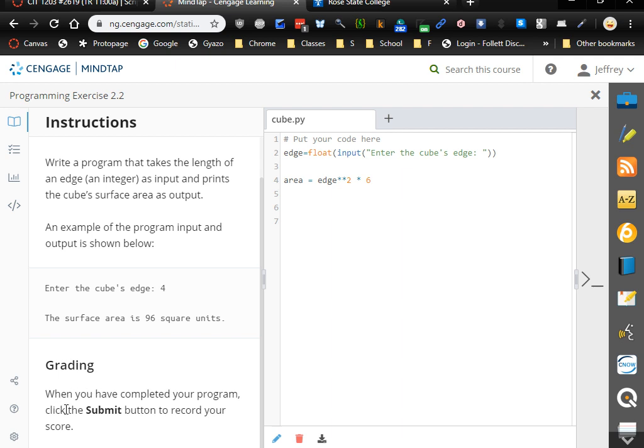So grading, when you've completed your program, click the Submit button to record your score. Well, I haven't printed the result out yet, and here's how they want my result to look. So again, I'm going to do some copying and pasting to make sure I get the exact output that they want, because I don't want them to count me wrong because I didn't put a period here. So print, parentheses, double quote, paste that, the surface area is, end quote, and after the end quote, comma,